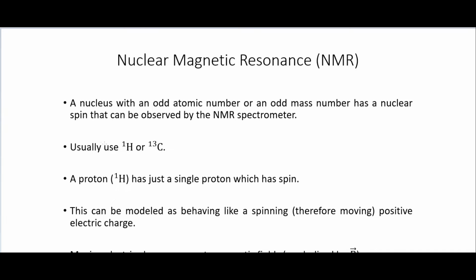So a nucleus with an odd atomic number or odd mass number has a nuclear spin that can be observed by an NMR spectrometer. The reason it has to be odd is because, say, we have two protons here in our nucleus. One will be spin up, the other spin down, and so they cancel each other out, and we get zero spin. Whereas, say, we have just a proton here, which is what we'll be mostly talking about in this video, then there is nothing else to cancel it out, and so it has a net spin in the nucleus. And so that's why we need it to be just a single proton, as in HNMR, or an odd number of protons and neutrons in our nucleus in order to get something like the carbon-13 NMR,